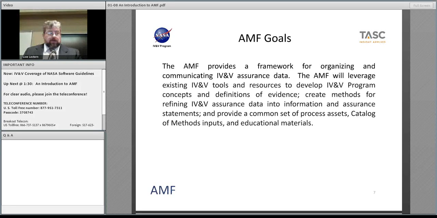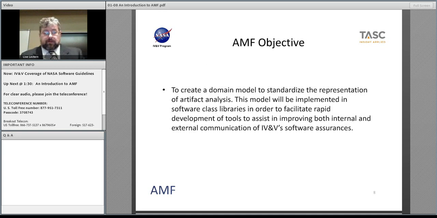And we wrote one business layer for each of the platforms, and you can even reuse it with multiple tools. And by using the same best practices and the same design behind all three of them, it makes it very easy to move data between the various tools we have to work with here at IV&V. The first thing that we did as part of the initiative was create a domain model,